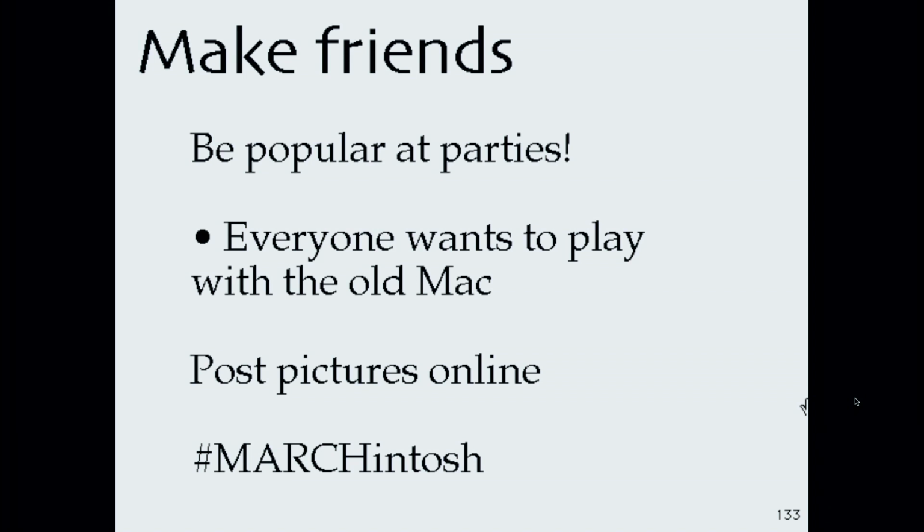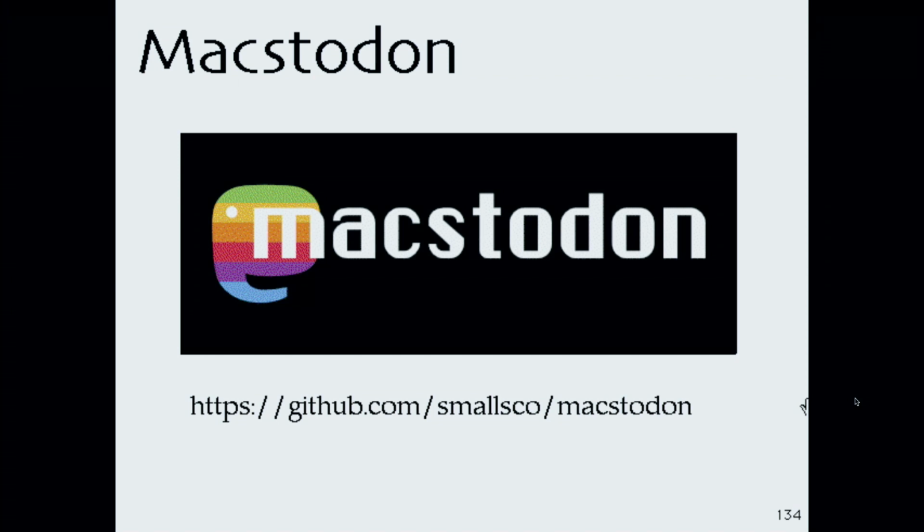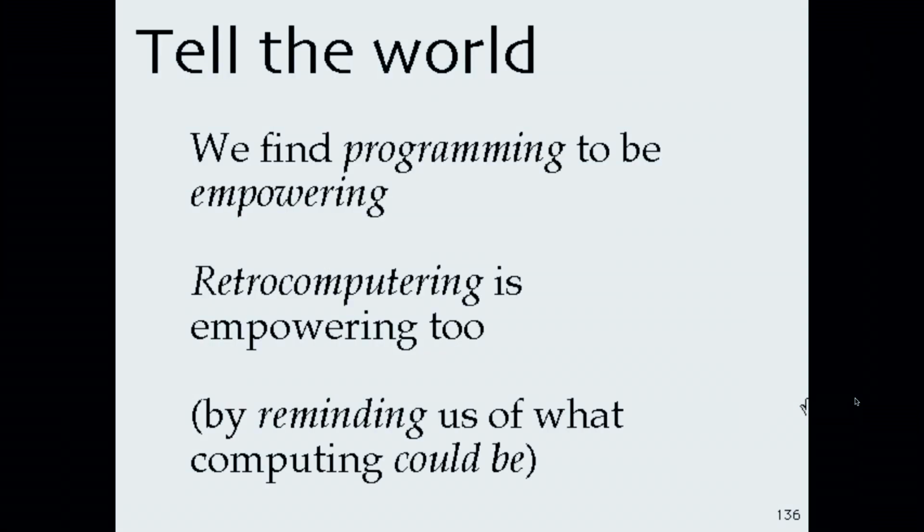If you're interested in retro computing with Macintoshes, we've just finished Macintosh online. That's the hashtag. And by the way, if you're on Mastodon and you have an old Mac, try out Mastodon. It looks like this. You will need to run a sort of translating proxy to get it to talk to the modern web, but that's about as hard as it gets.